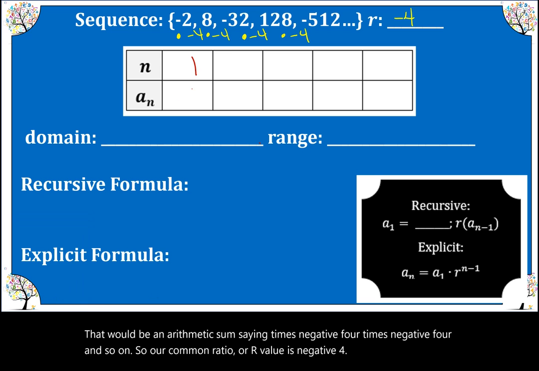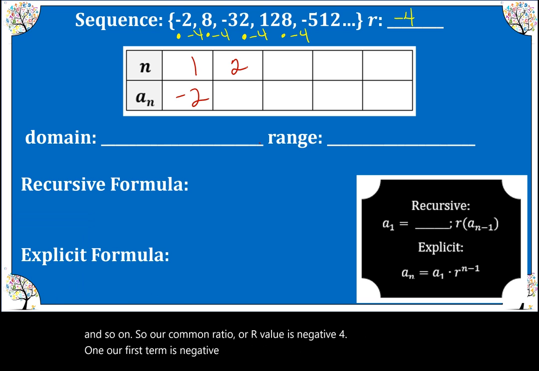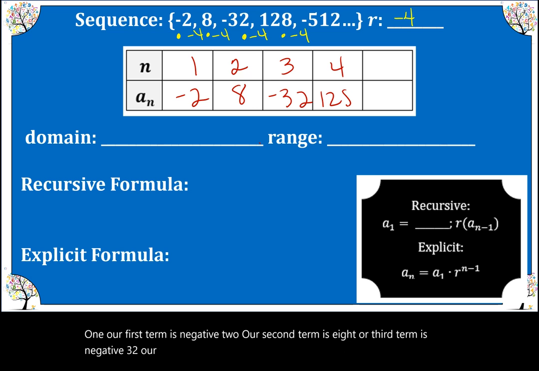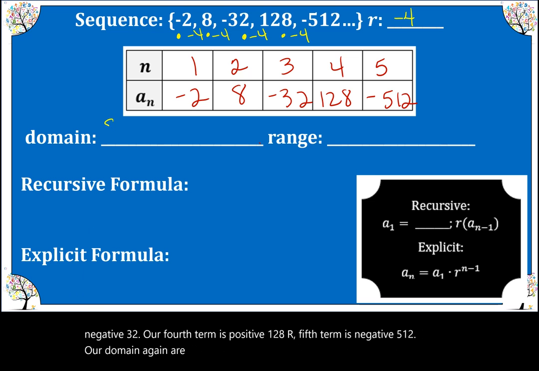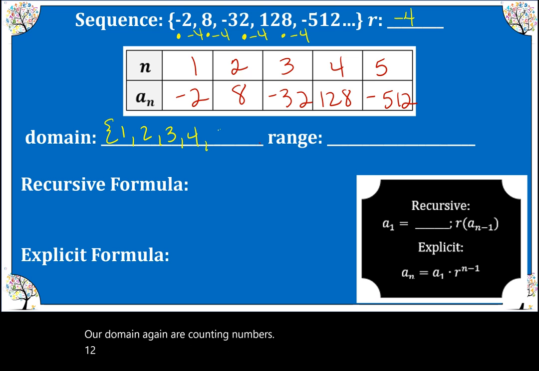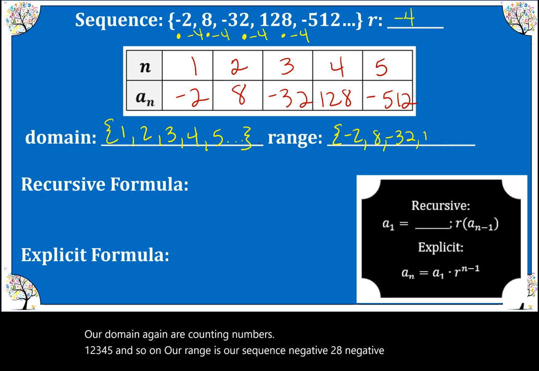Our first term is -2. Our second term is 8. Our third term is -32. Our fourth term is +128. Our fifth term is -512. Our domain, again, our counting numbers: 1, 2, 3, 4, 5, and so on. Our range is our sequence, -2, 8, -32, 128,